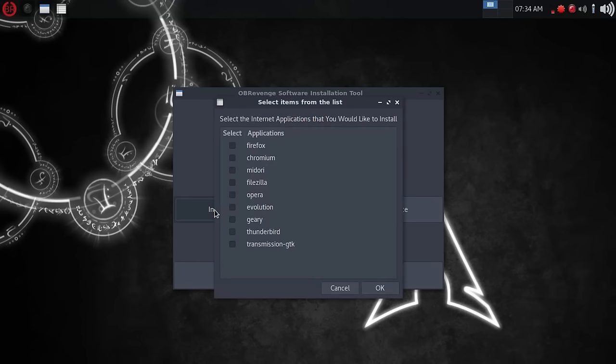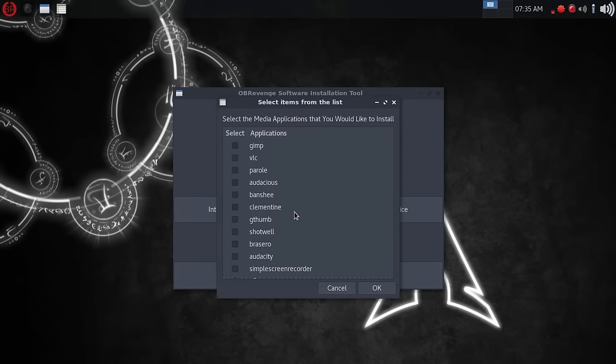So you have three categories: Internet, Media, and Office. If you click onto Internet, you are presented with a list of applications here, and so really this gives you choice in the setup process when you first launch into OBR. And in the Linux world we all love choice, so you've got Firefox, Chromium, those kinds of things which are not pre-installed, so you can go in and choose and cater to what works for you for this distribution.